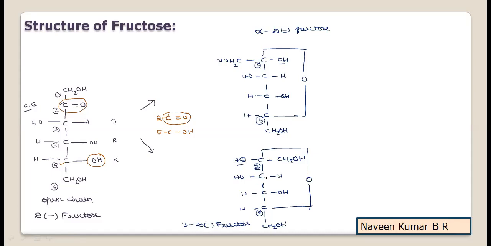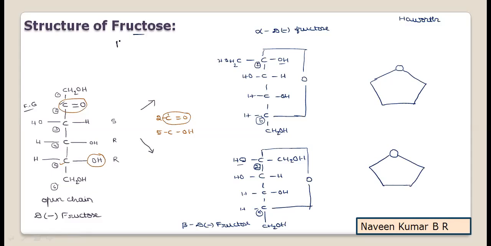Now to represent this in the Haworth structure, you try to recall the Haworth structure. Including the oxygen, we need to consider all the carbon atoms involved in the cyclic ring to make the ring representation. Now there are 4 carbon atoms with oxygen forming the cyclic ring, hence it is a 5-membered ring, which is a furan ring. As a result of the presence of a furan ring, fructose is a furanose. Glucose is a pyranose because of the presence of a pyran ring.